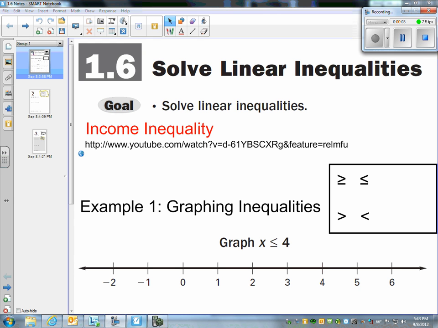Bonjour. This is section 1.6 in Algebra 2, and this is solving linear inequalities. So we talked about earlier in this chapter about solving equations with an equal sign. Inequalities are really similar, just a couple differences that we'll talk about here in a minute. The main time when you hear inequalities